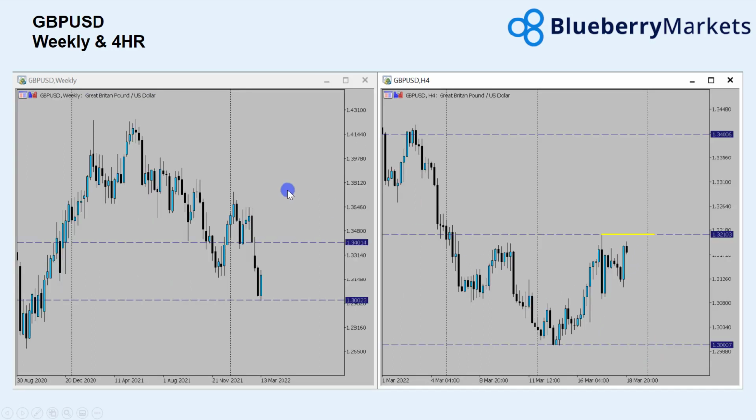Moving on to the pound then. If the dollar's going to weaken further, pound I think could really benefit from this. Last week we saw a rejection at 1.3 on the weekly time frame. Looks like price could be heading back to these swing lows here at 134. What I'd really like to see is the 4-hour change cycle. Despite us having this consolidation down here where price broke out of it,